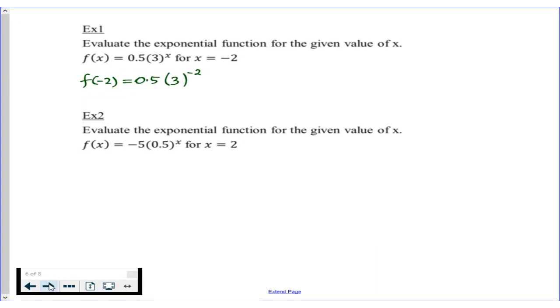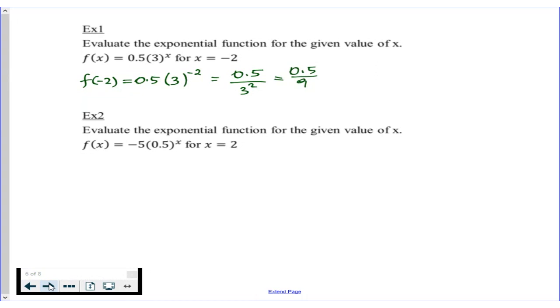Anyone with an answer? Type your answer. What is f of -2? If you don't know how to find this, let me know. That is not 18. Did you multiply? A negative exponent is usually the same as 0.5 over 3 to the power of 2, because a negative exponent goes to the denominator and becomes positive, if you guys remember the properties of exponents. So it is 0.5 over 9, if you want to use properties of exponents.